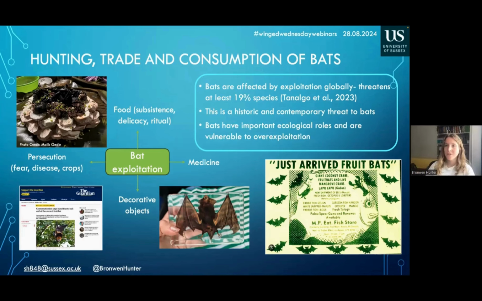This is a conservation issue, firstly because of bats' slow life histories, so their lower rates of reproduction and higher age of reproduction means that unsustainable exploitation, where high harvest rates lead to population declines, is a lot more likely to happen. And thinking more widely, bats have really important ecological roles, such as pollination, seed dispersal, and in some cases pest control. So populations declining as a result of overexploitation can have huge knock-on effects for the rest of the ecosystem.